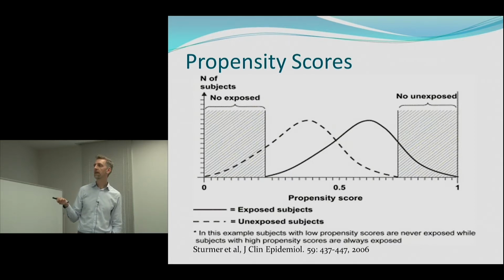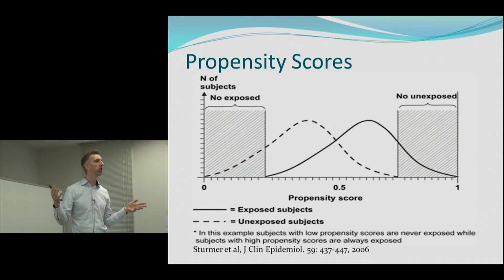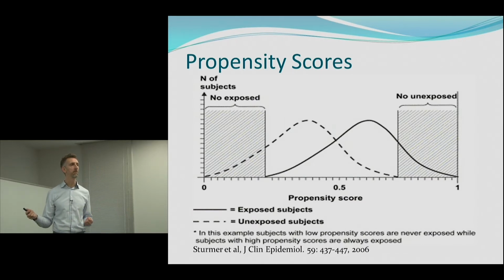Conversely, over here we've got this high score and everybody's exposed. There are no unexposed people with a score at this extreme end. This is all of our overweight, junk food eating guys who sit around all day, and they're all taking statins, as a cartoon example. So when I said at the start of the session it's very difficult to identify these unusual groups of patients, well, this is one way that you can potentially find them: by doing this propensity score and then comparing the distribution of exposures. Okay?